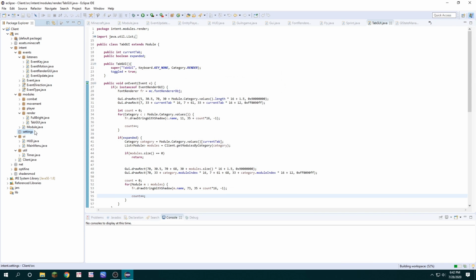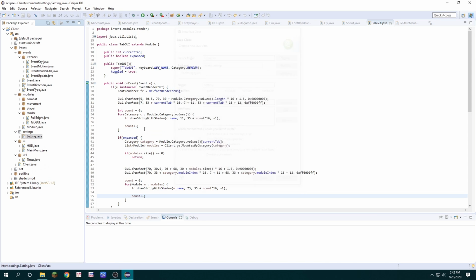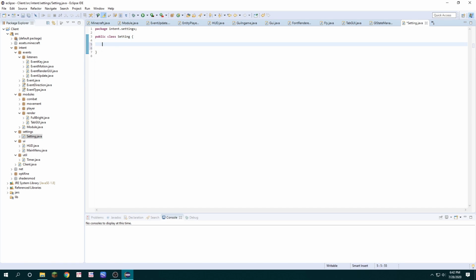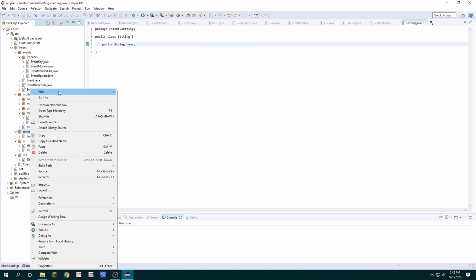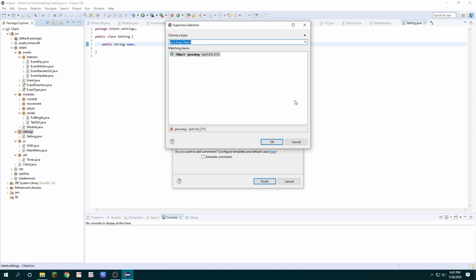intent.settings. Then we'll create a new class inside that package called setting. In setting, we're going to create a public string called name, and it's not going to have anything in it because this is going to be our prototype for all settings. Next, we're going to create another class called Boolean setting, and it's going to extend off of the superclass setting